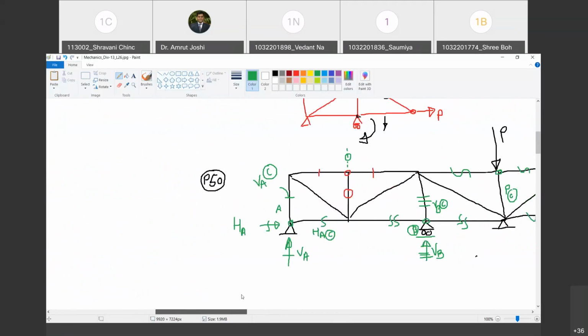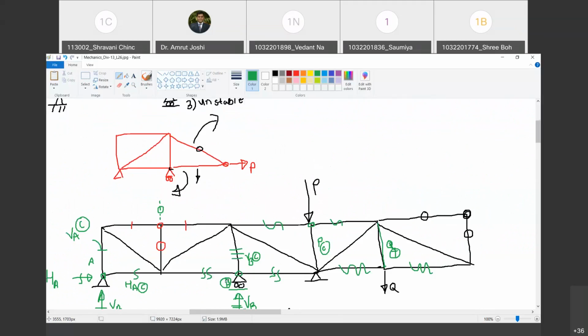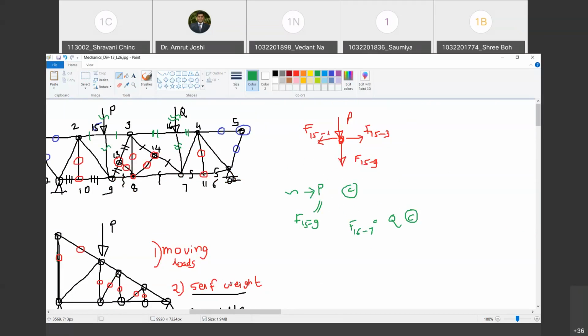We are going to stop today by asking you the last question about the trusses: why do we assume the self weight of the truss should be neglected in the analysis? Will it cause an error? Answer is yes, it is going to cause an error. But for that, tell me, where have you seen these trusses? Where have you seen these trusses? Tell me, Vedant. Where do we use this?